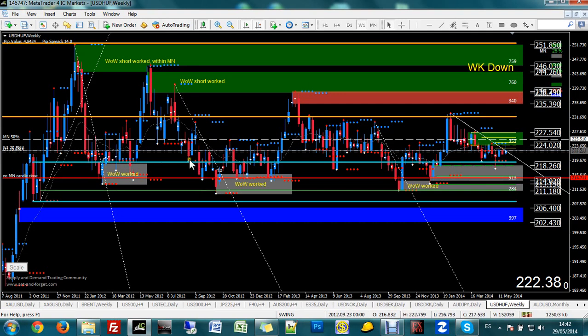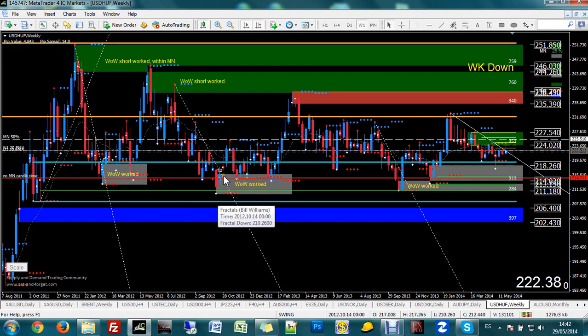So price, once we hit a monthly area of demand, normally what I do is I wait for price to penetrate it a little bit lower, because this area of demand over here has been consumed already. So the only non-tradable areas are underneath this area over there. So I have to wait for a lower price for confirmation. Okay, so wait for confirmation. So it hits that area, as you can see,